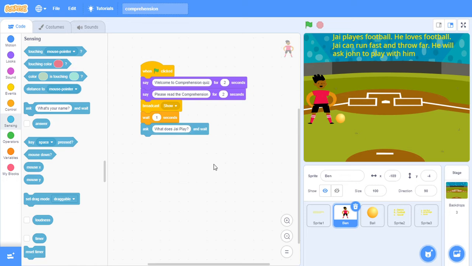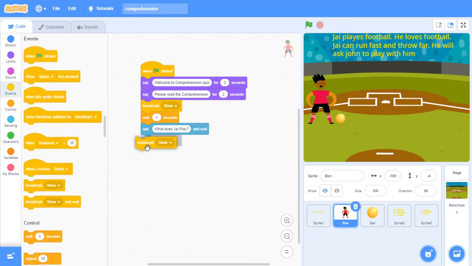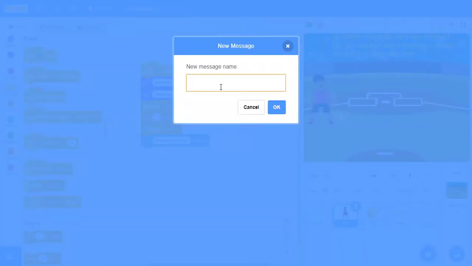So I need to show the options also, right? For that, another simple thing is we have an option sprite. We just need to show that option sprite. What I'm doing is I'm again using the broadcast message just before asking. I'll tell you why I have put it just before asking. You will see when I run this code.